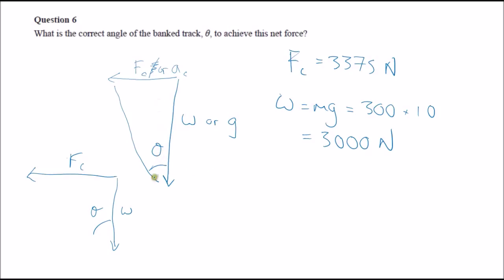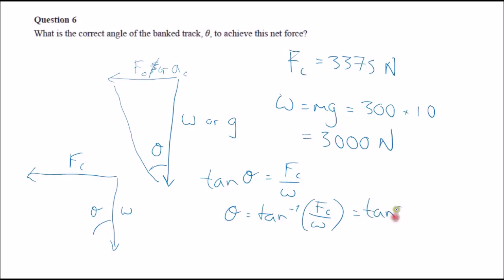Well, we've got to do some trig here. Now we've got the opposite and adjacent sides. So tan of theta is the centripetal force over the weight force. So theta is the inverse tan of the centripetal force over the weight force. So in this case, tan^-1 of 3375 over 3000